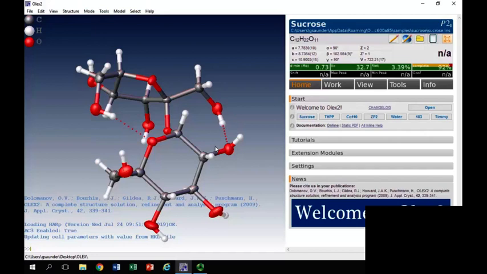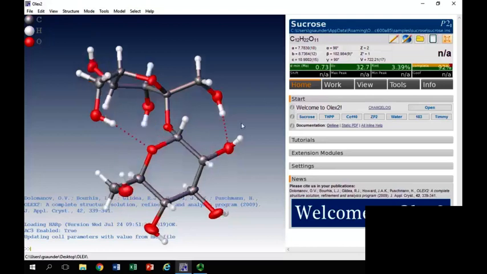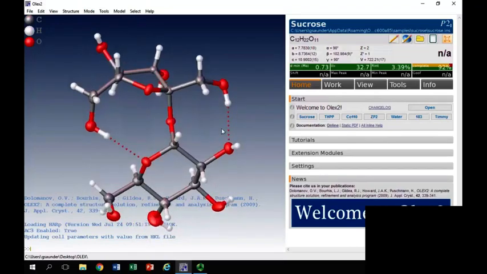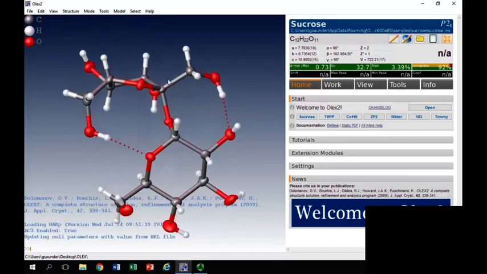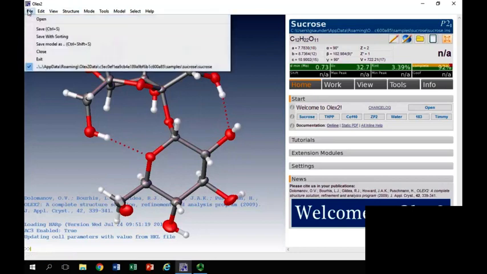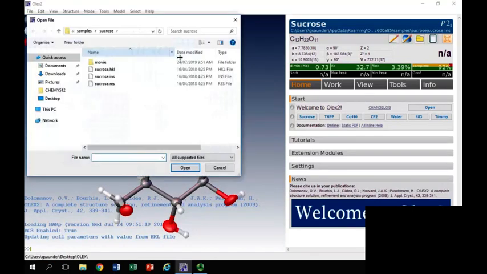So OLEX 2 is a program that solves and refines, and you can produce pictures with it and so on. It essentially does everything all in the one program that combines various programs together. And you can put shells out in there if you like. There really is no need. So it comes with various tutorials and it gives you sucrose to begin with, and you can work your way through that. So the first thing to do is open the program